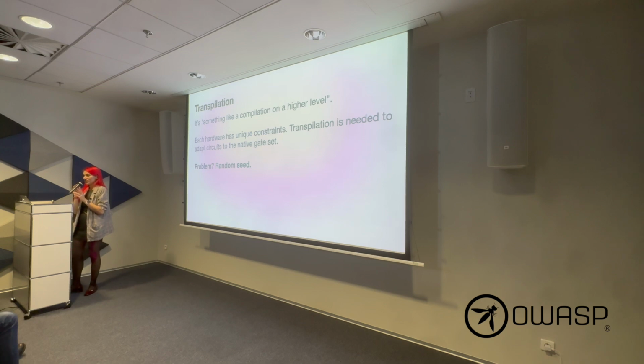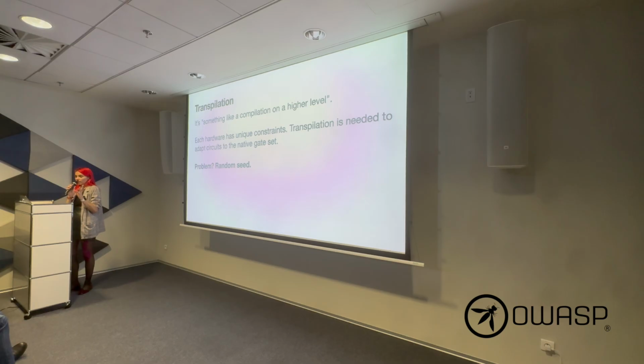I know I said maybe a lot of buzzwords here again. To make a classical parallel, it's like when you write code in C and you want to compile it for a specific hardware. Each hardware has a different set of instructions and so on, so the compilation for the specific hardware, the machine-level code, will be different. So this is kind of a high level of compilation. The transpilation process itself, you have tools in Qiskit to do it. The problem is that